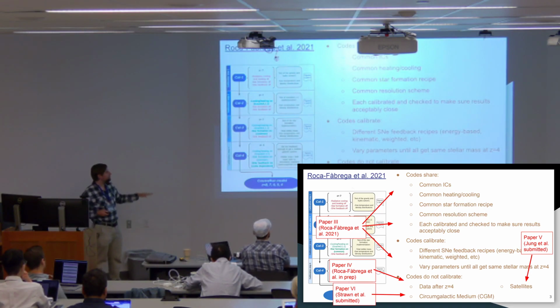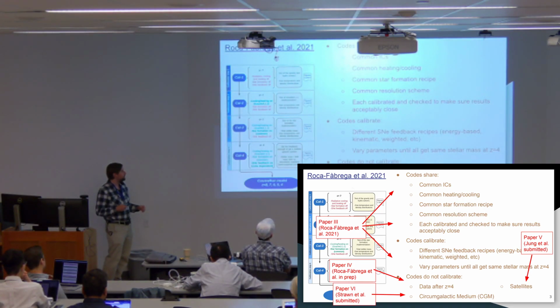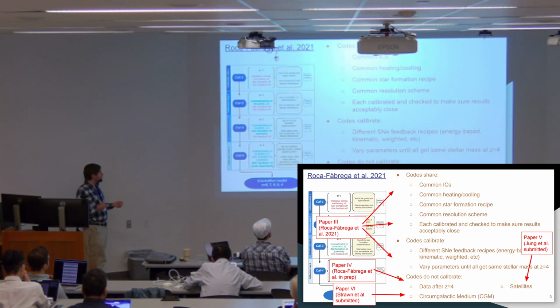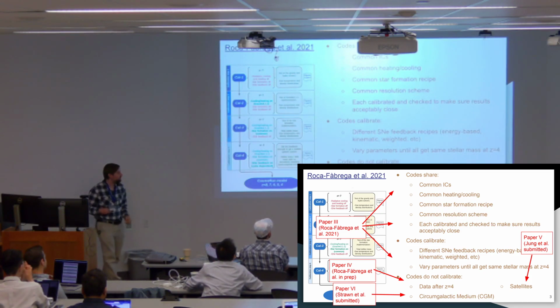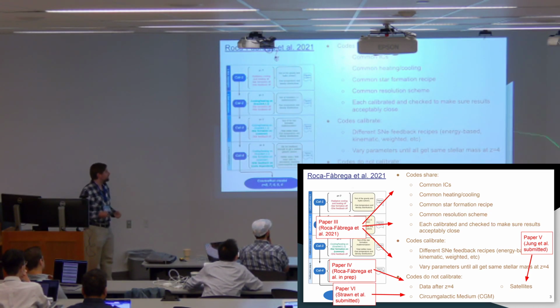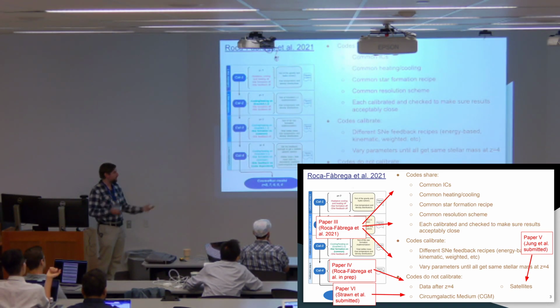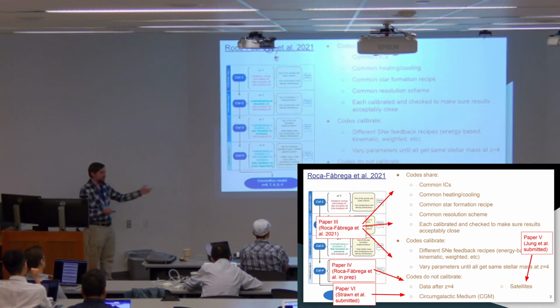This is the Cosmo Run simulation where we have shared these things. All of these initial conditions, heating and cooling, star formation, a lot of physics is built to be the same. This is all calibrated and checked by several steps in what Jihoon insists on calling a Herculean effort by Santi. The thing that's not the same is the star formation feedback. These are calibrated, so they are supposed to be within a factor of 5 at redshift 4, but we don't tell people exactly what mechanisms to use. And then there's a bunch of things that are not calibrated, which are the actual science cases, right? We can analyze these things because we didn't set them up to be anything in particular, and see what the differences are.